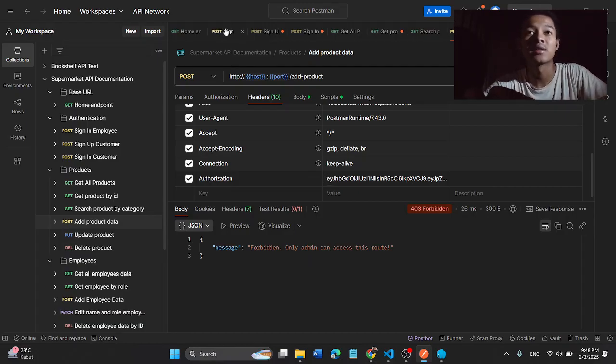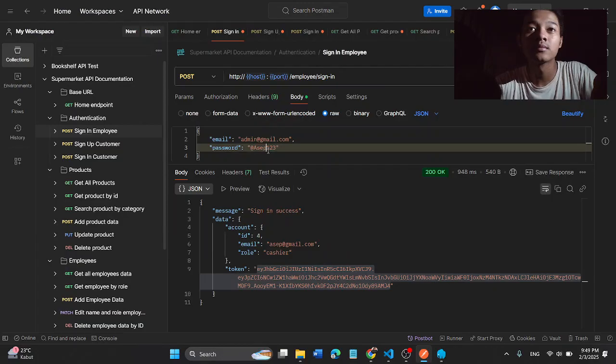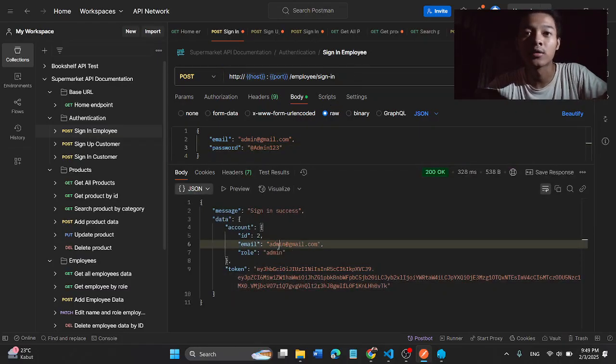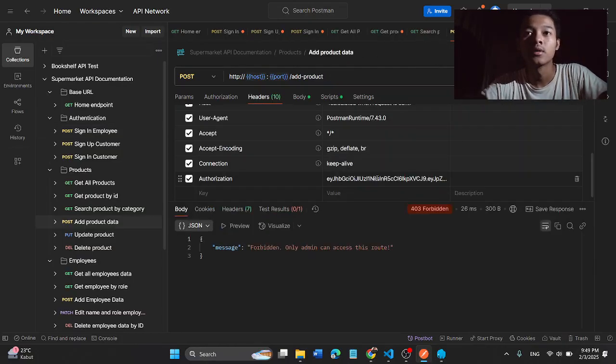So let's try signing in with the admin account. Here admin, and this one also admin 123, sign in again, and we got the token. We copy it again and paste it here.